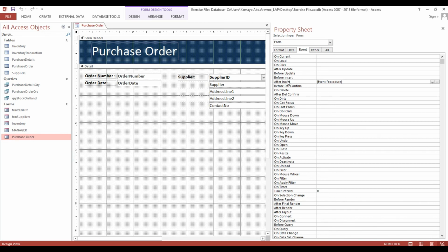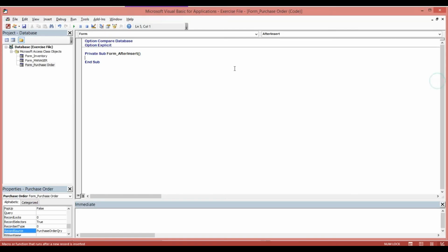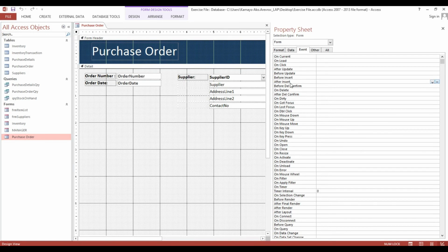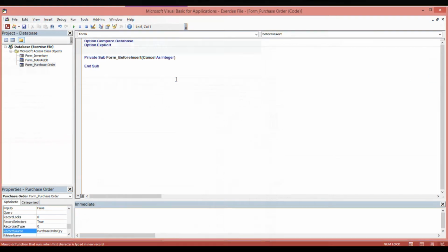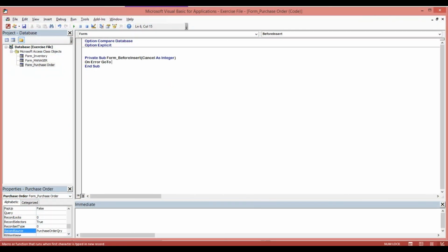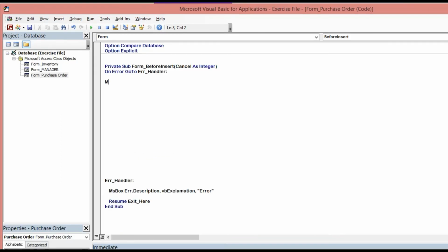That's why I need to put some code here after insert for this form. Before inserting, me.order number equal